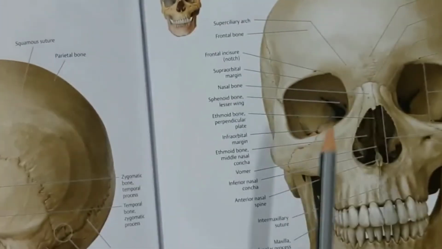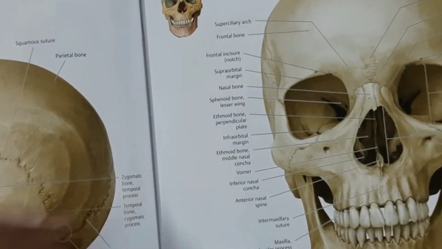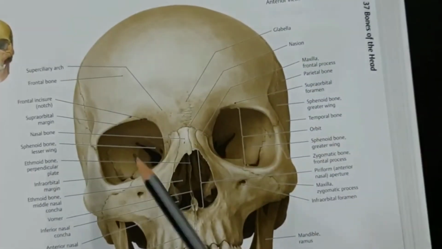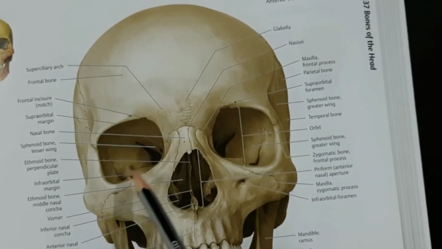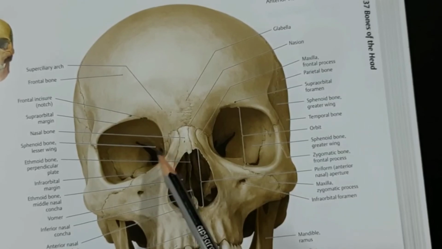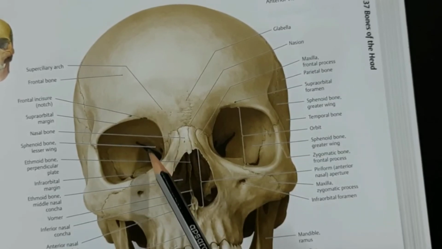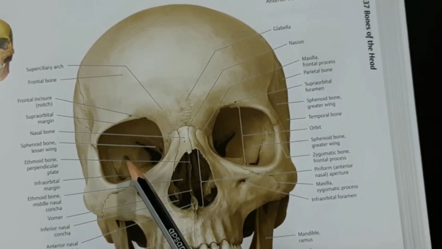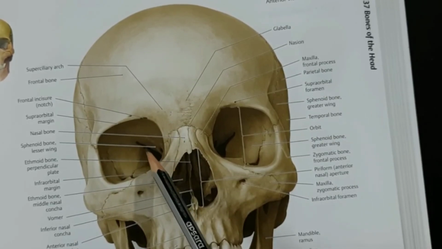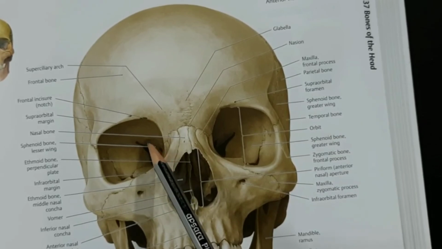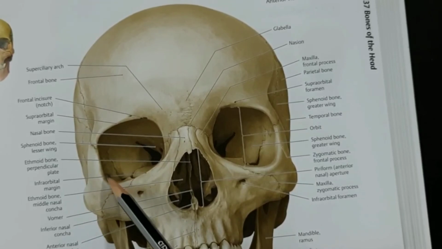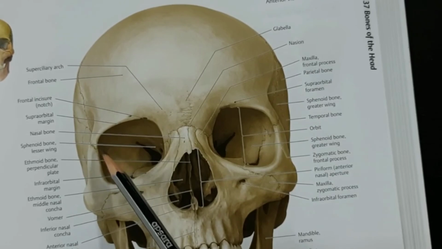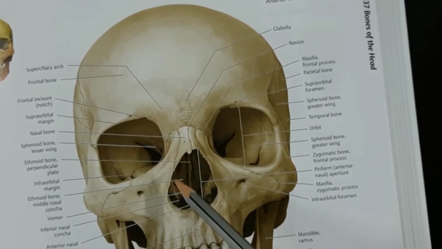Let us see the other wall. In this diagram, you can see this is the lateral wall. This is the greater wing of the sphenoid. This is the optic canal, and this is the superior orbital fissure. Above it is the frontal bone. Here, just above the margin of the superior orbital fissure, is the lesser wing of the sphenoid. The lateral wall anteriorly is also formed by the zygomatic bone. So the frontal bone, zygomatic bone, and greater wing of the sphenoid.